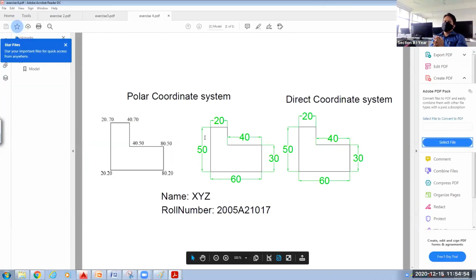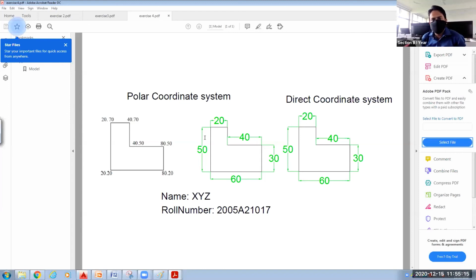Okay. So this is how in the last class we saw theoretically, using pen and paper, what the different coordinate systems are. And today I have told you how to draw those figures using your AutoCAD software. If it is clear to all of you, type in the chat box, clear sir, CS. If anybody has any doubt, you can ask me. I will try to clarify it.